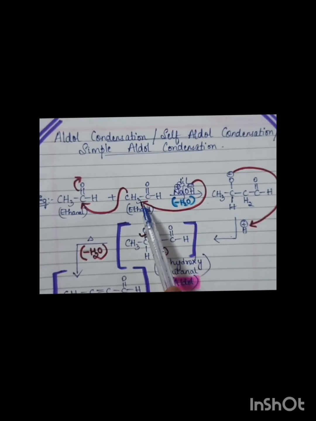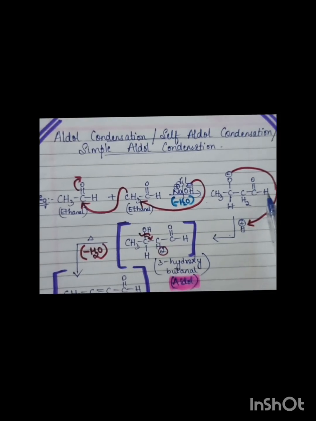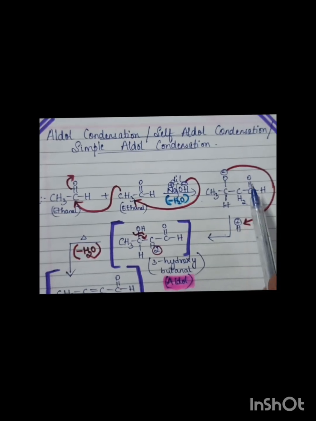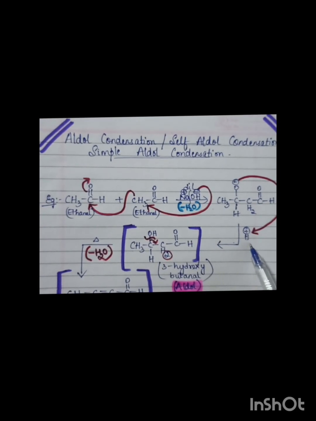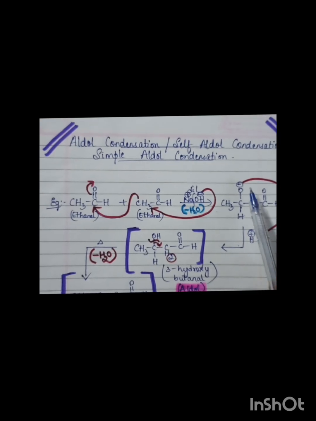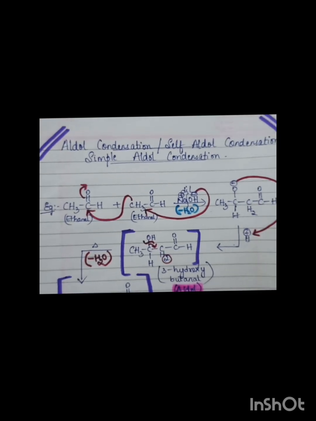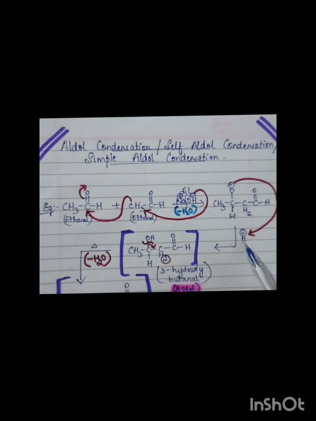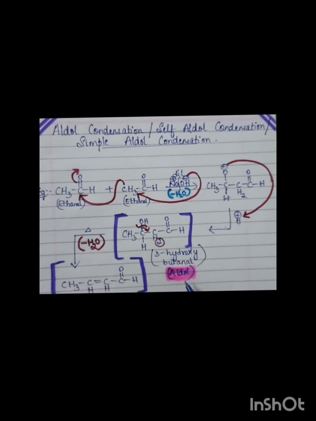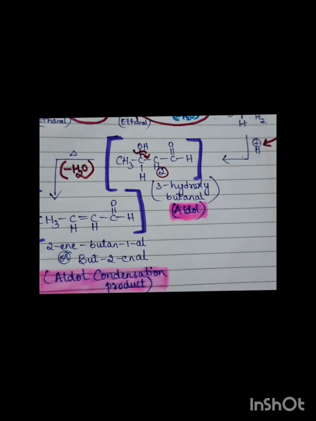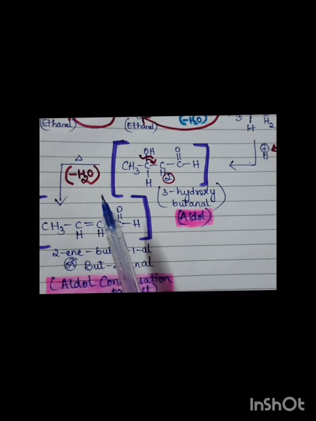So now CH2 double bond C OH is formed, which is an intermediate, and in presence of an H plus ion, that is an acidic medium, the O minus ion will always abstract a proton, that is H plus. And now you will be getting an aldol product, that is 3-hydroxybutanol,